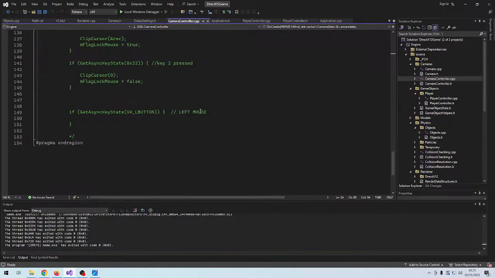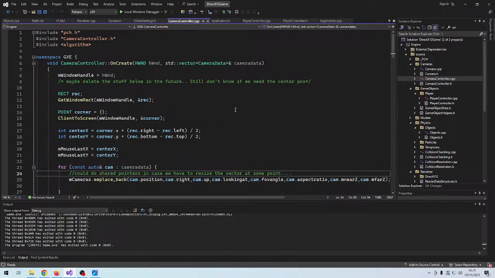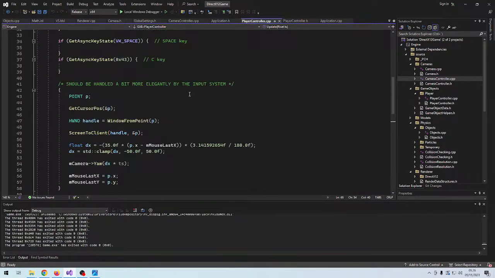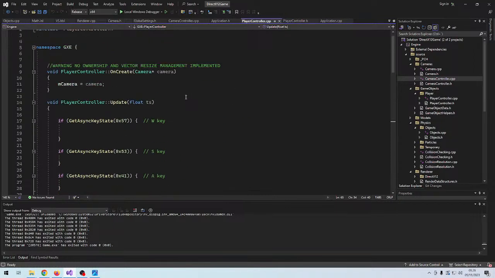Since we left off with this player controller where we can at least turn the camera,